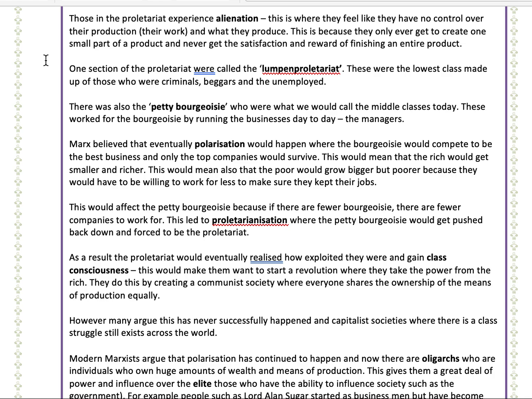So essentially, when one company becomes the overseer of others, when they're bought over, you need fewer CEOs. You only have one CEO of that company. So then everyone else's job gets pushed down a level, and more and more people become proletariat. So proletarianization is essentially like people being demoted at work.